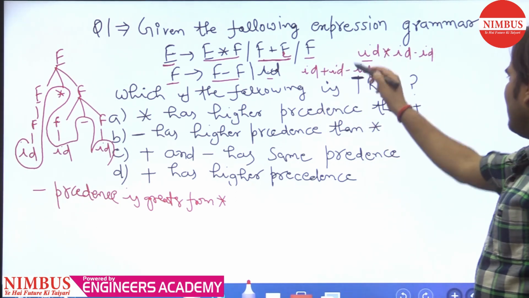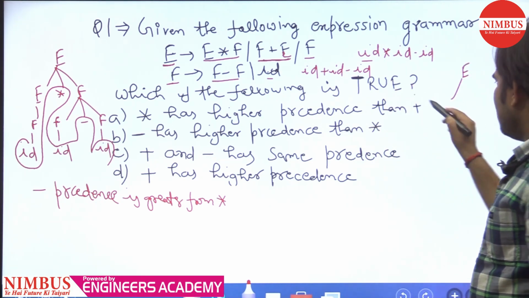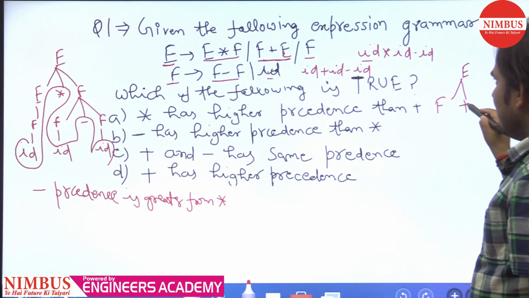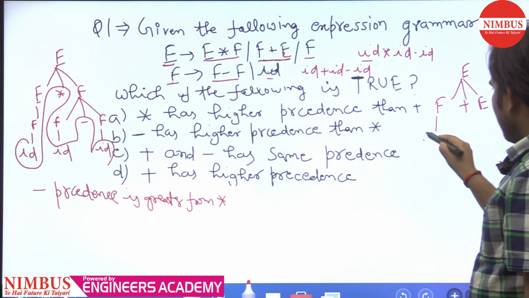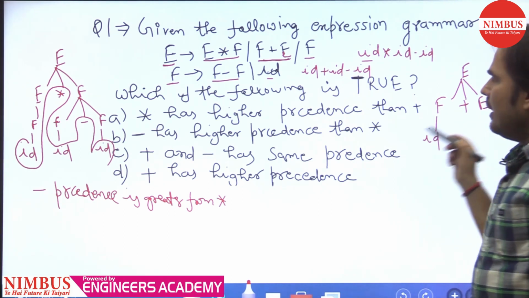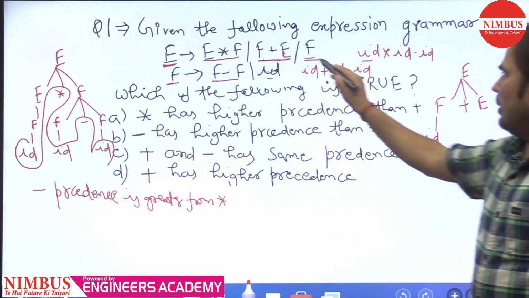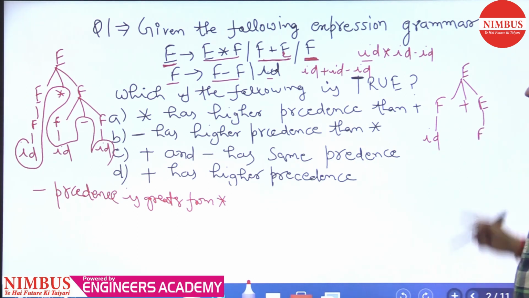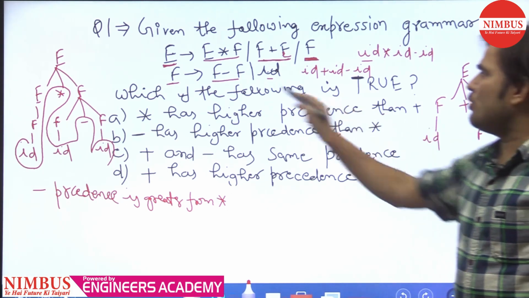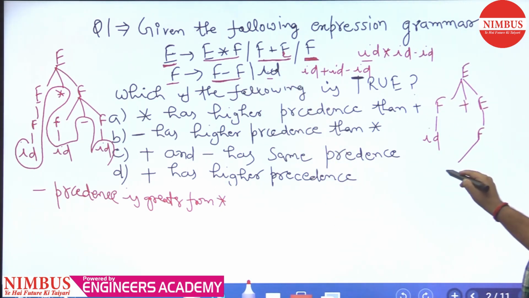So to generate this string we need to start reducing this E. E plus F, what is it? E. And this F we can directly get what, id, and E is also producing this F. Okay, E also producing this F, so here I am going to reduce this E by F, and through this F is also producing F minus F. Okay, very simple. So I am going to replace it by F minus F.